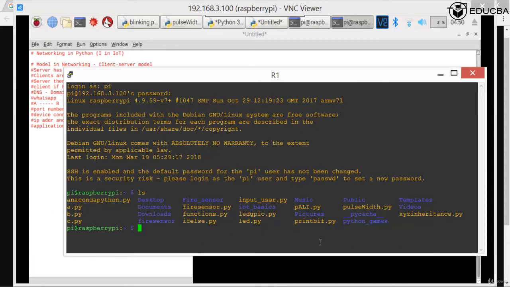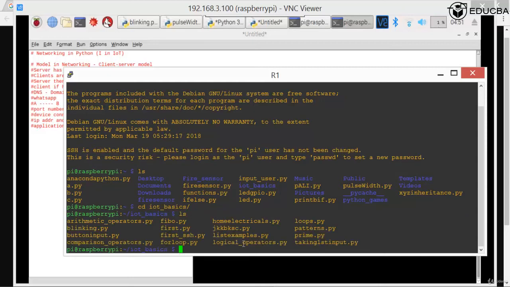That is Anaconda, Python.py, desktop, fire sensor, and so on. All my programs are stored in IoT Basics, which means I need to change the directory to IoT Basics. Enter. If I list all the files inside IoT Basics, these were the files: arithmetic operators, Fibo, blinking, and so on, button input.